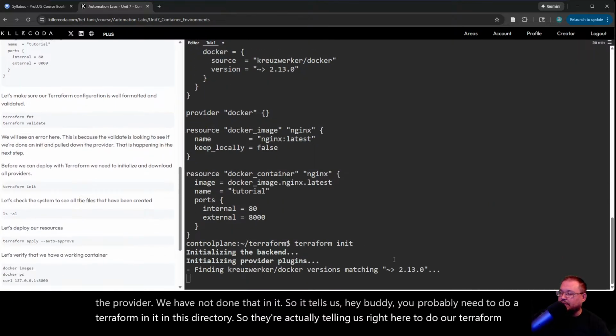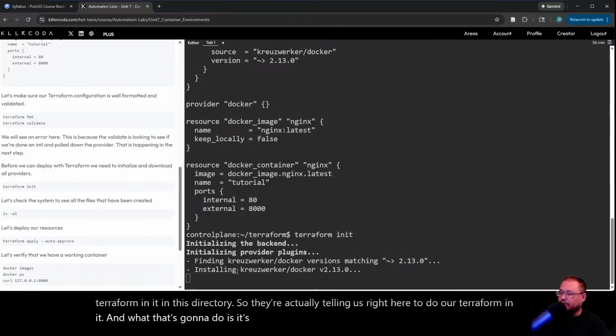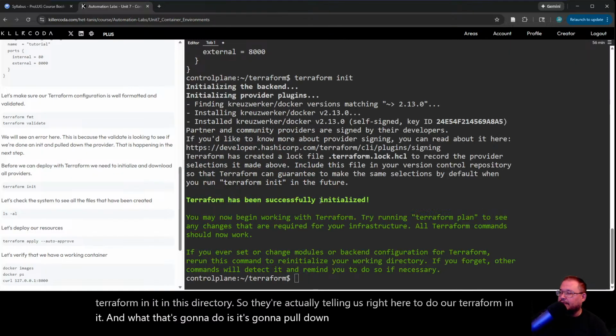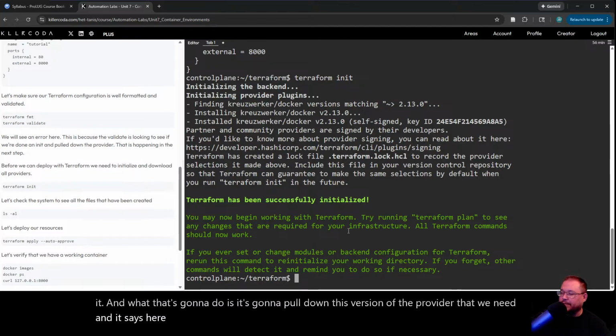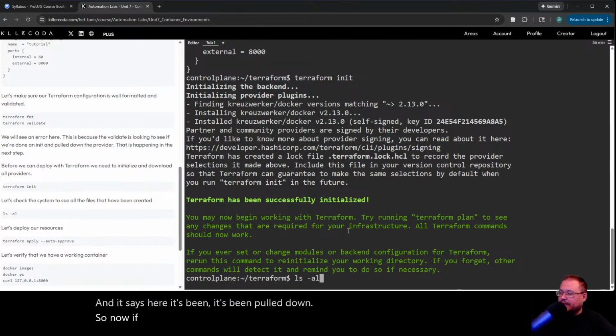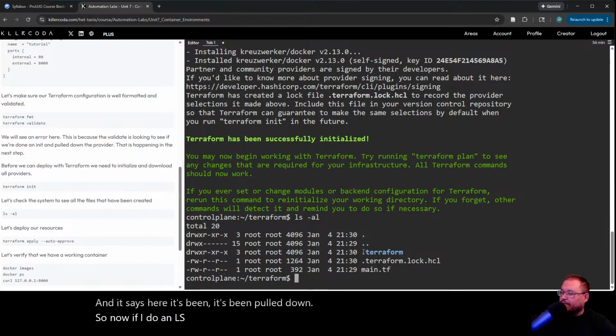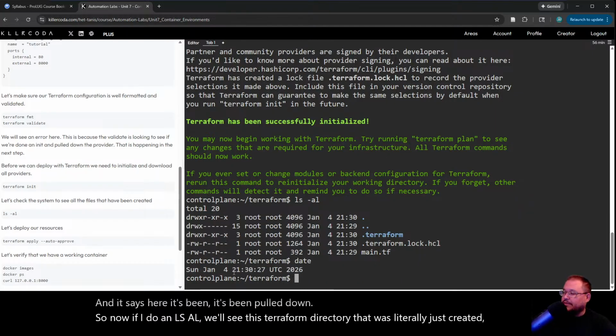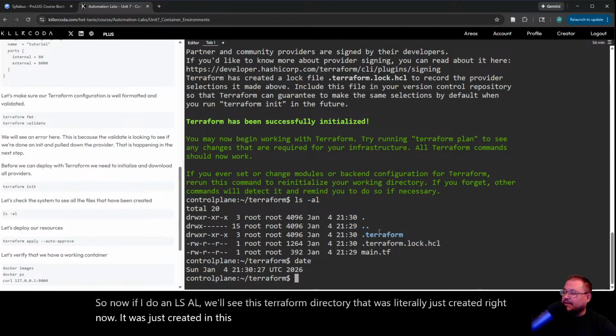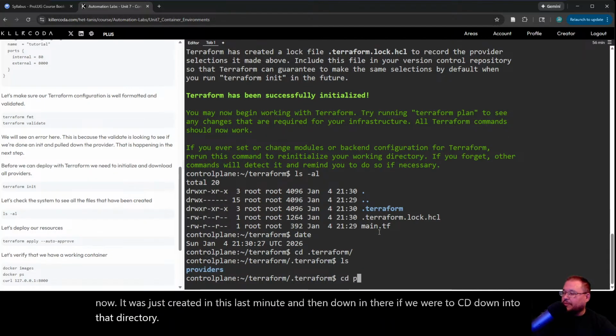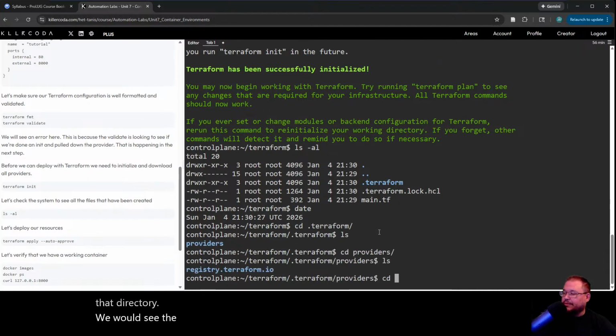And what that's going to do is pull down this version of the provider that we need. And it says here it's been pulled down. So now if I do an ls -al, we'll see this .terraform directory that was literally just created in this last minute. And then if we were to cd down into that directory, we would see the provider that's been pulled down from the